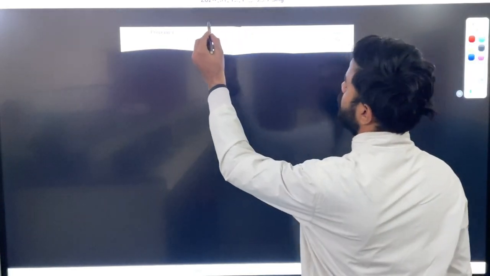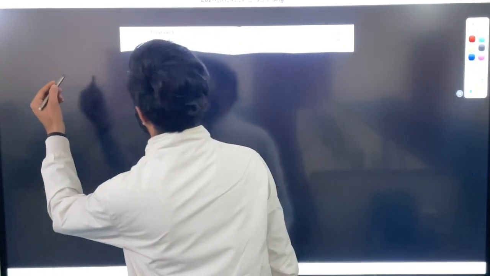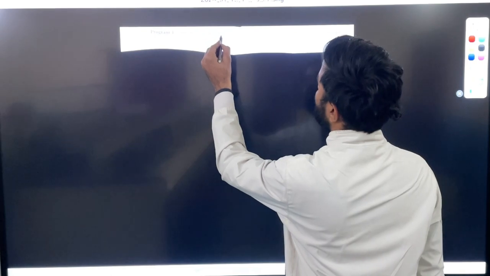So now class, listen very carefully. There is a question in your book: write a program in Java to assign two unequal numbers, and if the first number is smaller than second, display the square of the smaller number and the cube of the greater number. Otherwise, vice versa. It means, class, write a program in Java to assign two unequal numbers.